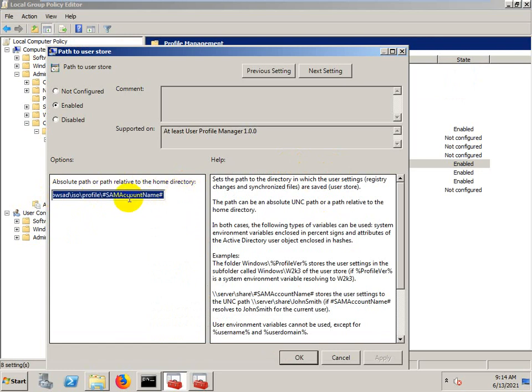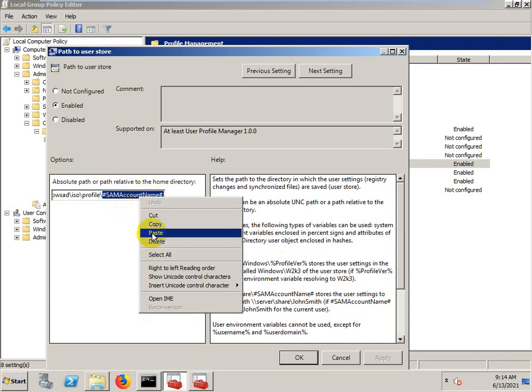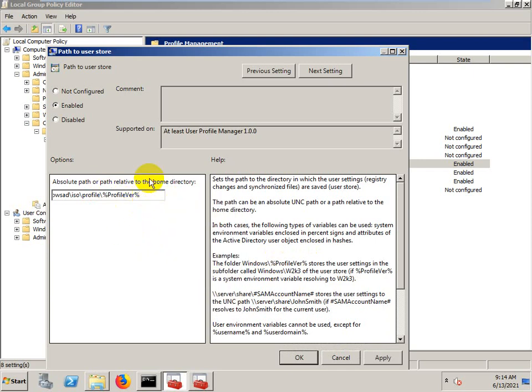I put this path over here, and I'm just keeping this one. Copy. And it's a hash SAM account. It means whenever a new user comes, it automatically creates the profile folder with the name of that user.